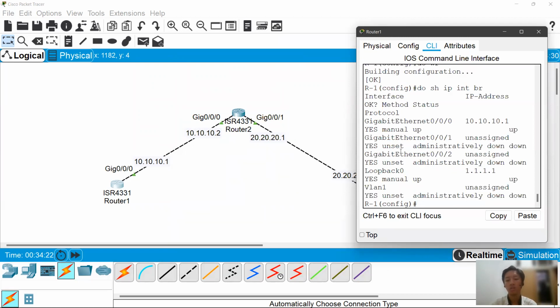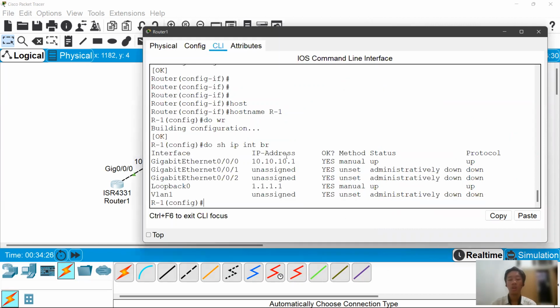In router 1, it only knows the network 10.10.10.0 and loopback 1.1.1.1. This is the network that router 1 knows. But the networks in router 2,